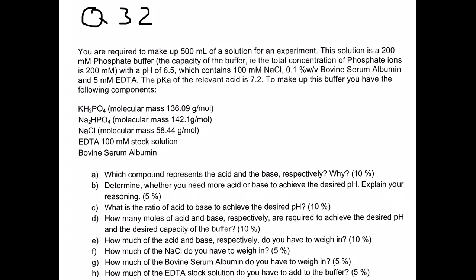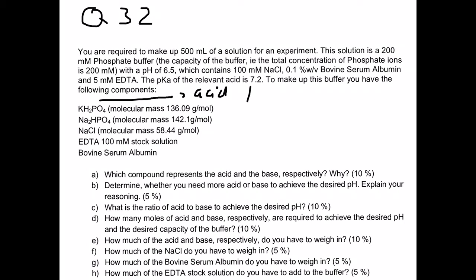Now in this question, you were asked to make up a standard buffer, and in part A, you were asked to identify which one is the acid, which one is the base. You were basically given these two components here, and you had to decide which one is the acid. So very clearly for part A, you would have to say that this one here is the acid,